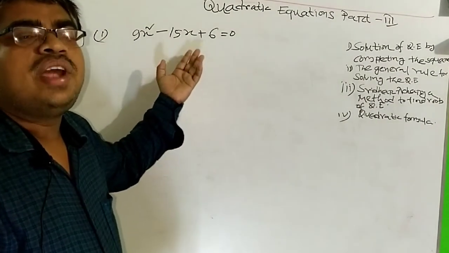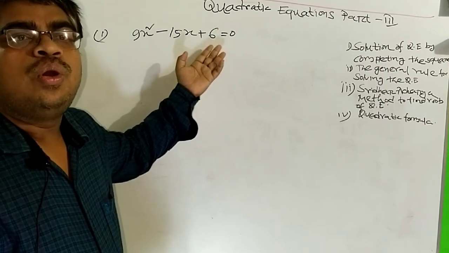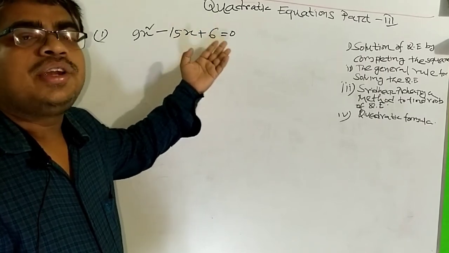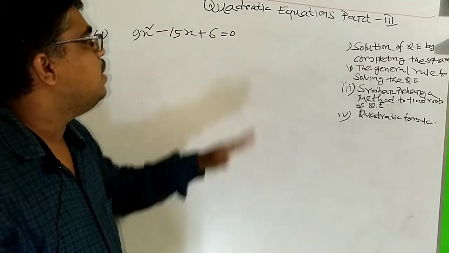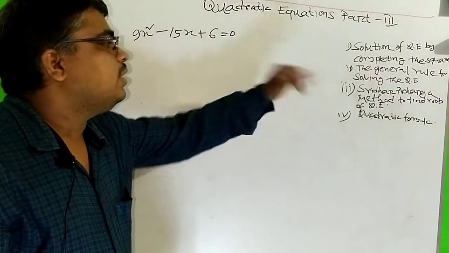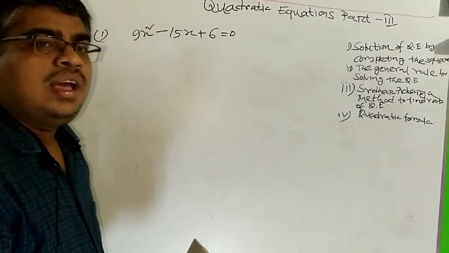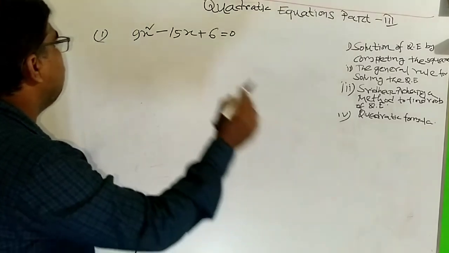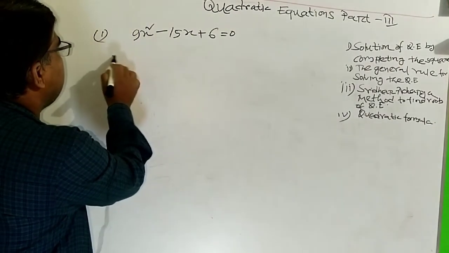We have to find the roots of the quadratic equation by the method of completing the square. Let us start. This implies,